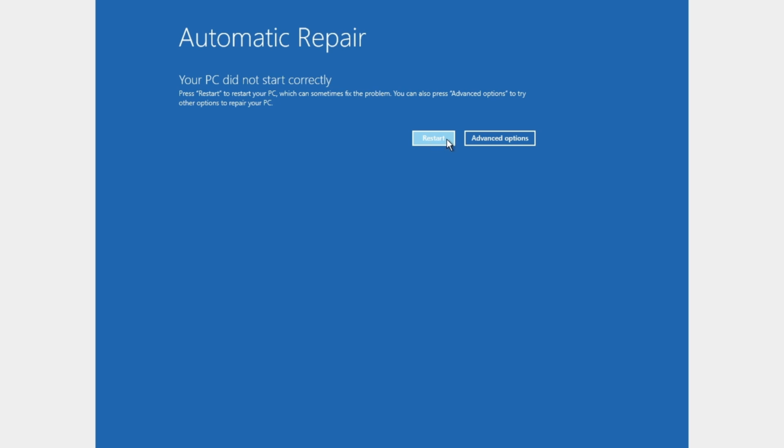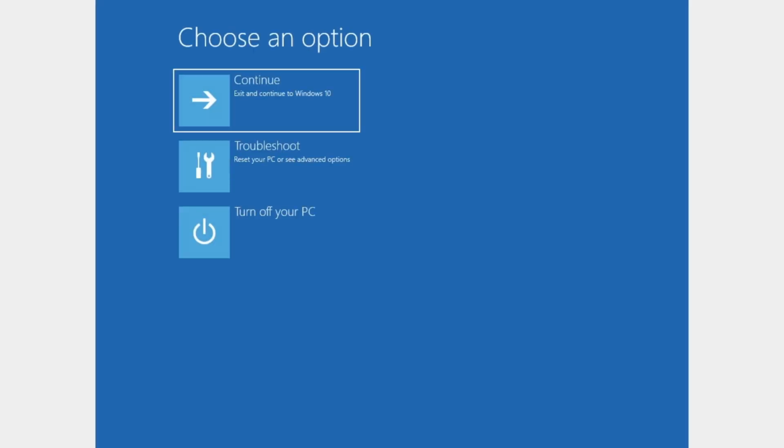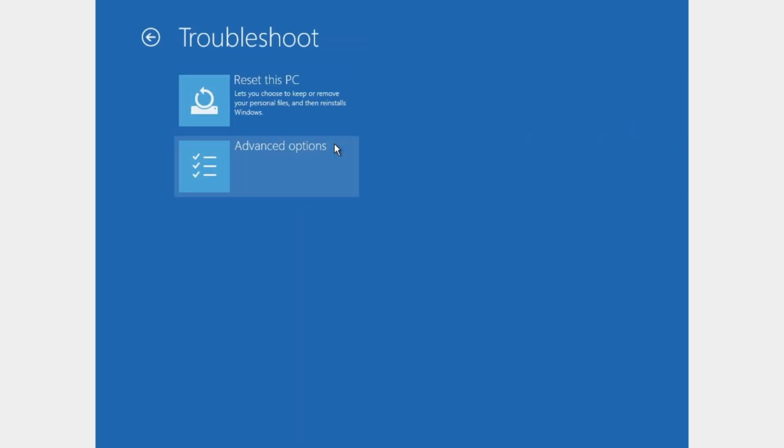So how you can fix it: the first one is click on this restart. If after you click on restart it still loops in this repair, I have another method, which is go to advanced options, and here we're going to take the last registry that worked for your PC. Click on troubleshoot, click on advanced options,